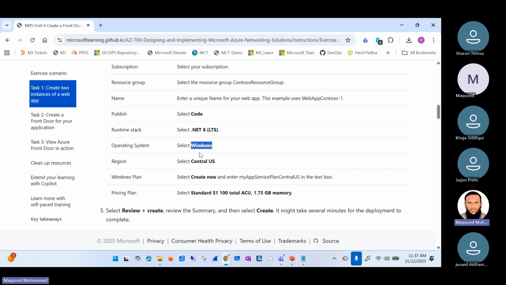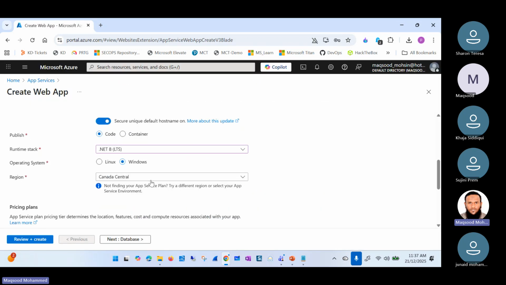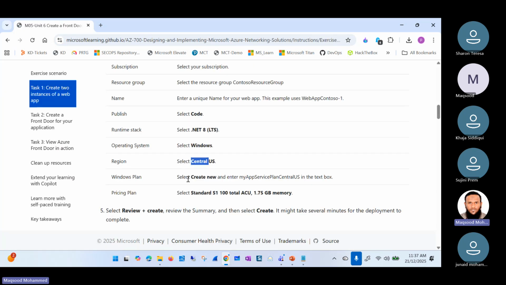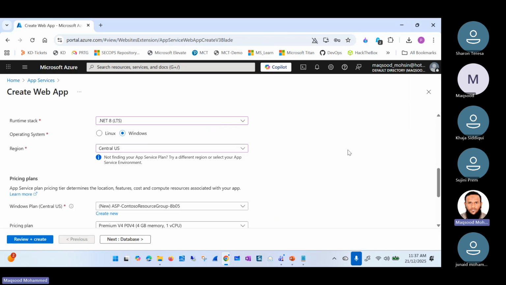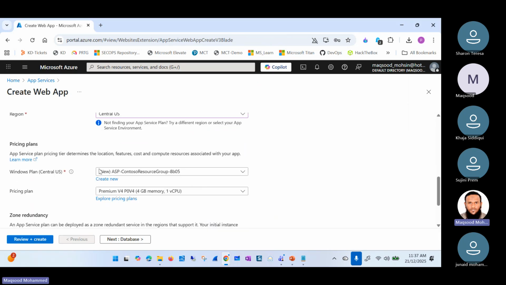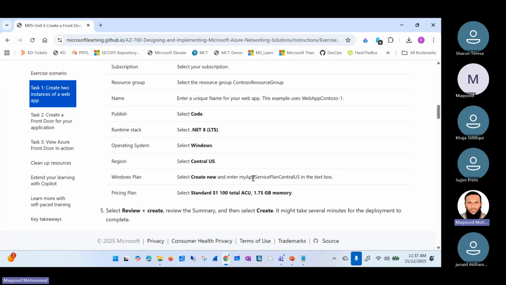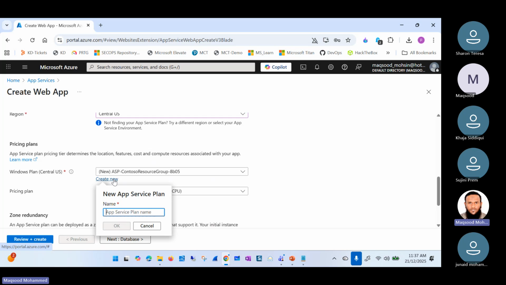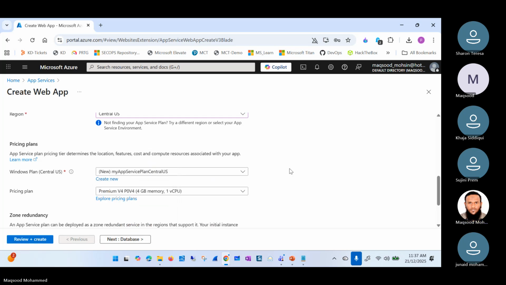So let's look at the operating system, Windows. Regional: we are going to choose Central US. Okay, and Windows plan. We have not seen all these options before. This is the first time you're seeing creating the web app. We'll be discussing this later. So I'm going to use Windows plan, create new, and it is going to have this name. We're creating a new plan here,